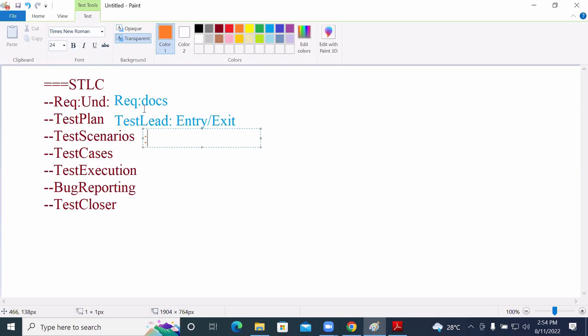The PMP document is prepared by the project manager and reviewed by